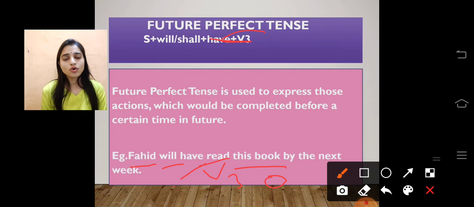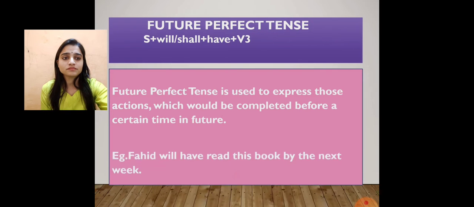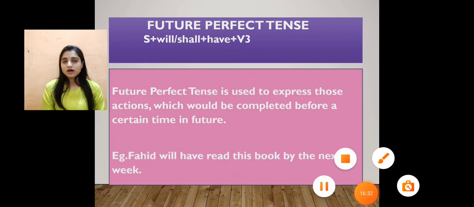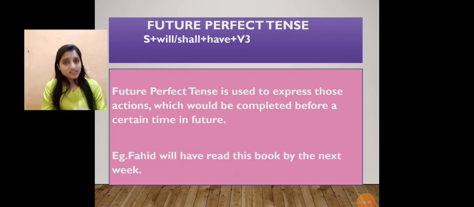Where do we use the future perfect tense? We use the future perfect tense in the sentences where an action would be completed in a period in the future, on the completion of that period. जब वो given period खत्म हो जाएगा तो वो हमारा action खत्म होगा. Like I will have completed 5 years in the field of teaching by the end of the next month. जैसे ही अगला महीना आएगा तो मुझे भी कितने साल हो जाएंगे? 5 साल हो जाएंगे. So I hope the usage of future perfect tense plus its structure is